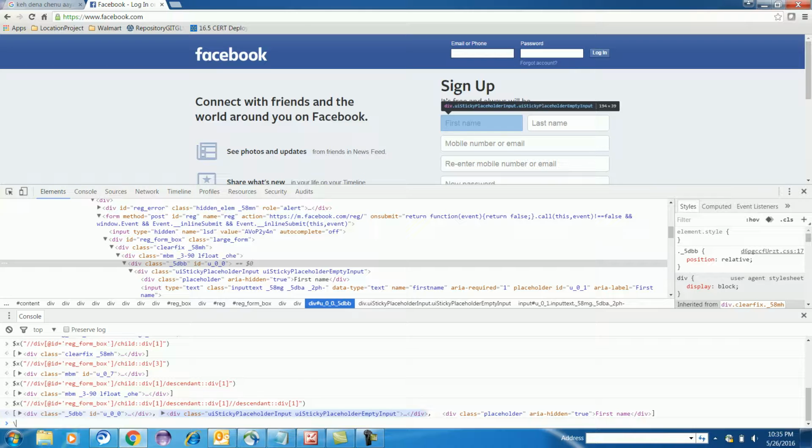Hope this is clear, how to use descendant, how to use child, right? Child is nothing but if you are a parent and you don't know the object of child and still you want to identify, you can identify by using child concept and by using descendants. So go to the first child, use the descendant, and then you can identify the object.